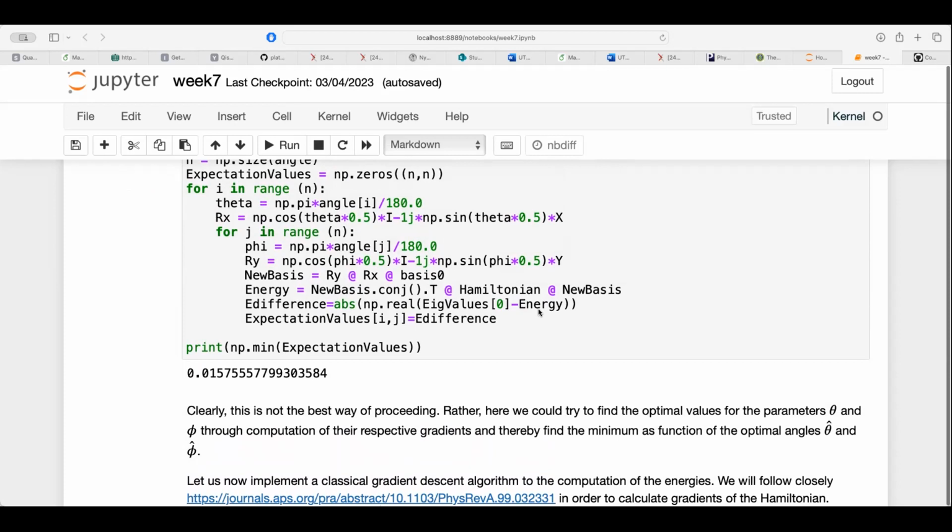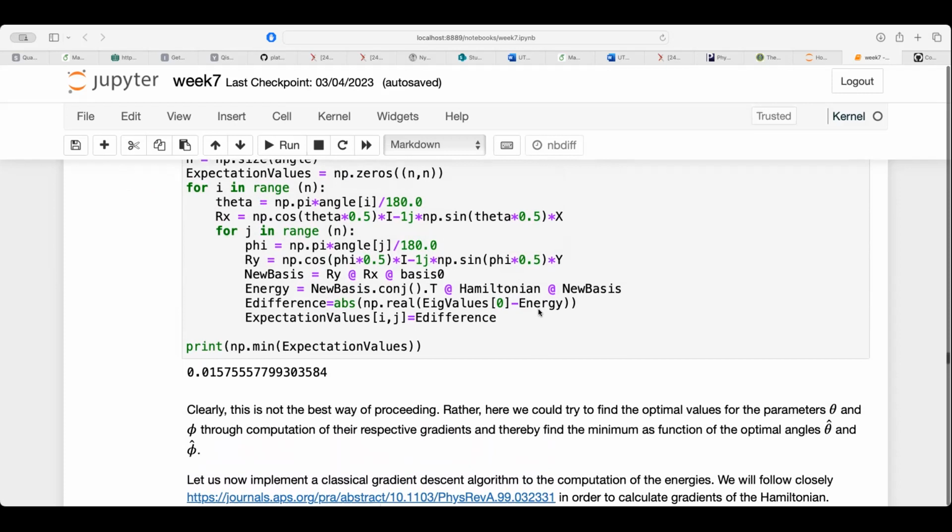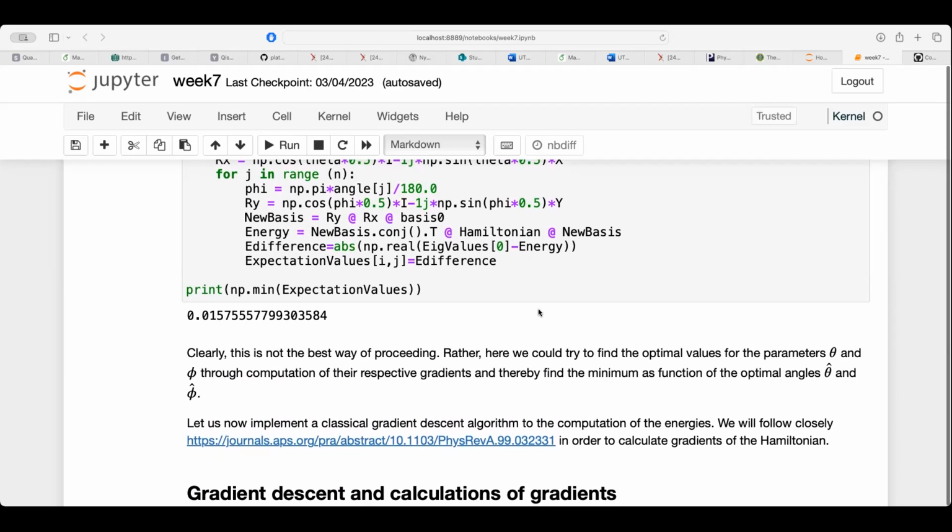Now, what I'm going to do now is to calculate the gradients. And I'm going to use a gradient descent algorithm to find the best possible representation. So for those of you who have taken a course on machine learning, you're pretty familiar with gradient optimizations. For those of you who have done any course where gradient optimization is involved, it's essentially the method which